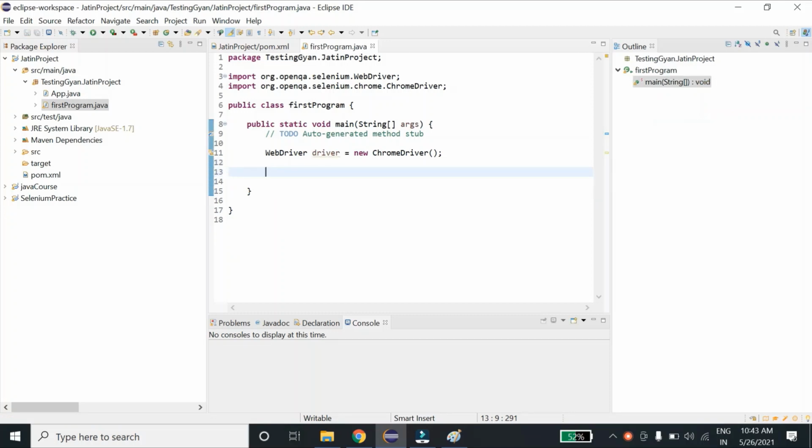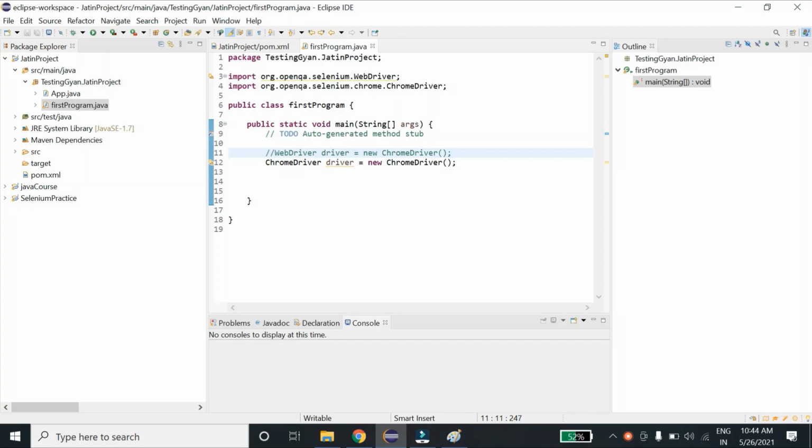So hence, as I have already explained in my Java video, you cannot create an object of your interface, but you can create a reference. And now the question is why I wrote WebDriver driver equals to new Chrome driver, and why I didn't write Chrome driver equals to new Chrome driver. Will it be wrong or will it be right? So this is not wrong, but since I don't want to limit, this is not wrong, see I am not getting any error.